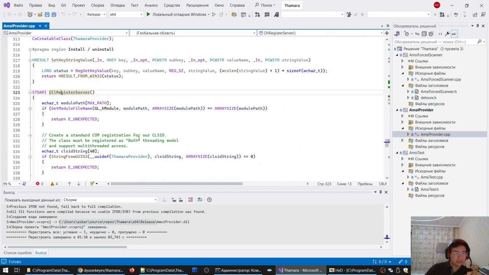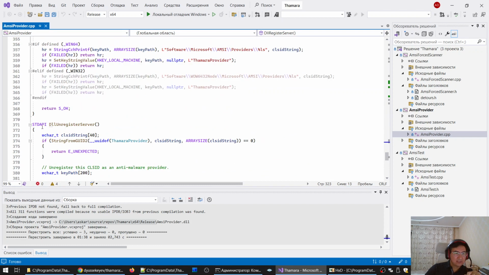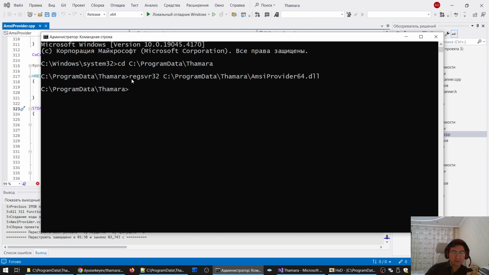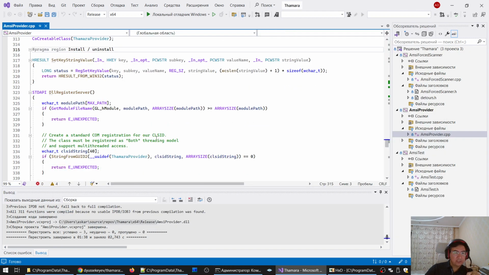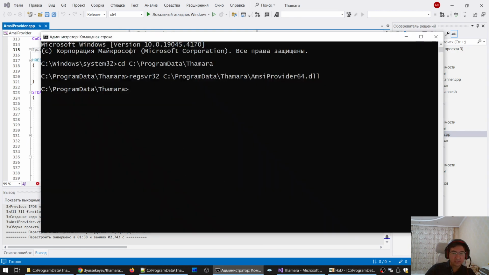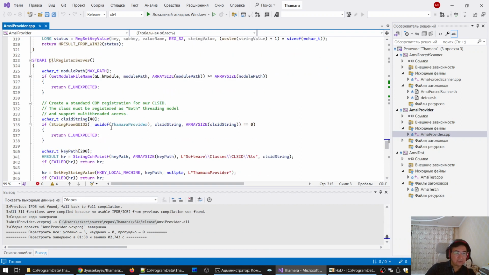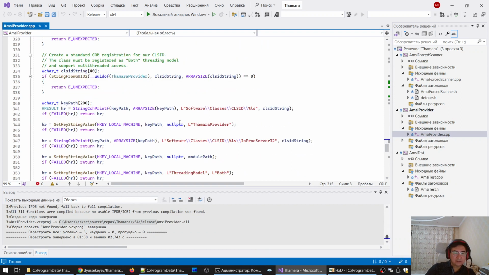First, DllRegisterServer, and second, DllUnregisterServer. Both of them work with the program named regsvr32. So when we call it this way, without any parameters, DllRegisterServer starts, and what it does,